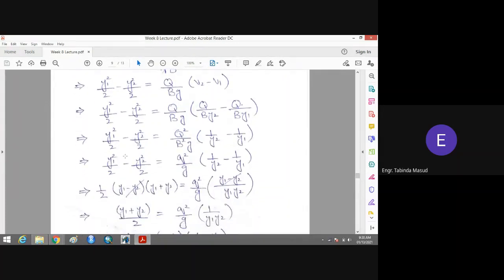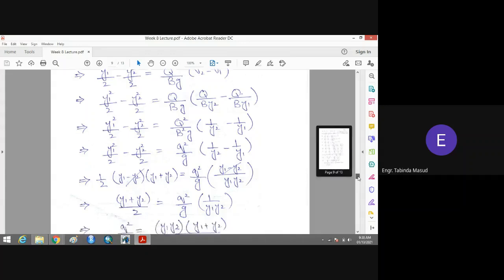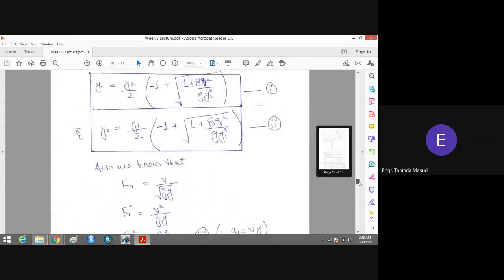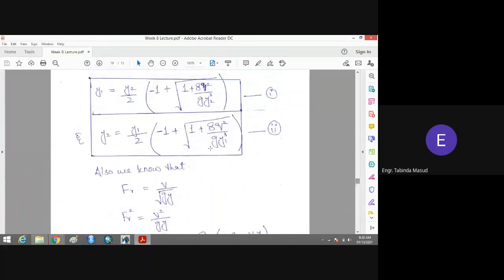Here, I just want to tell you, here you can see that this is square of y1 minus square of y2. We have already studied a formula in our 9th or 10th grade that a square minus b square is equal to a minus b into a plus b. So this is the same formula. You can see y1 minus y2 into y1 plus y2. And the other equation is quite simple. You can do it by yourself. Okay, in the end, you will get these results.